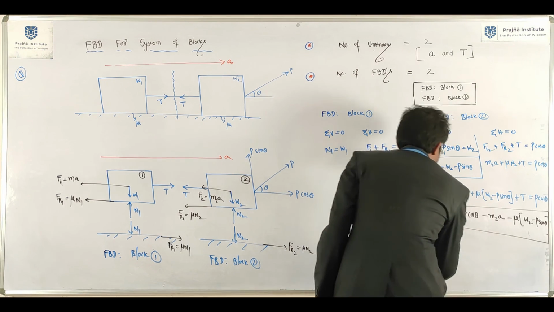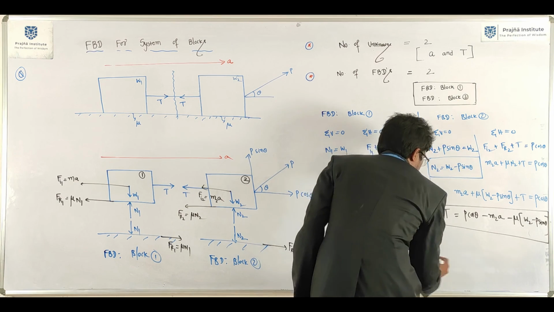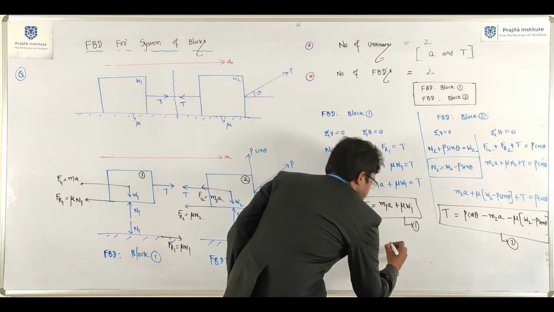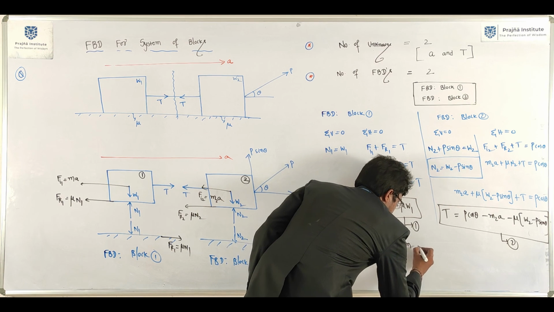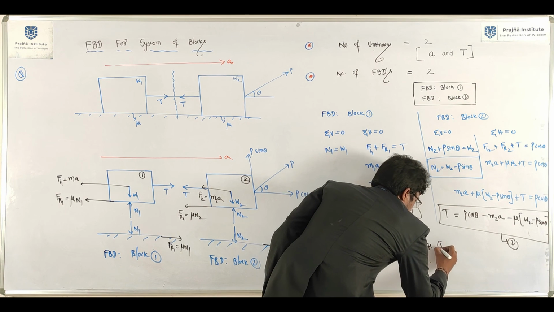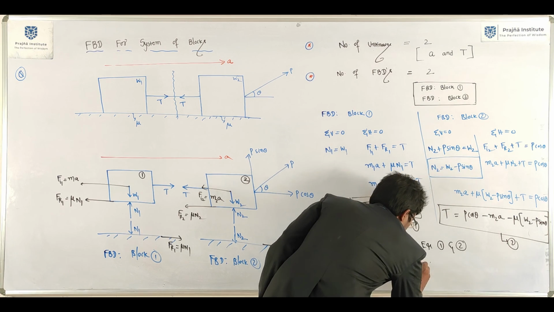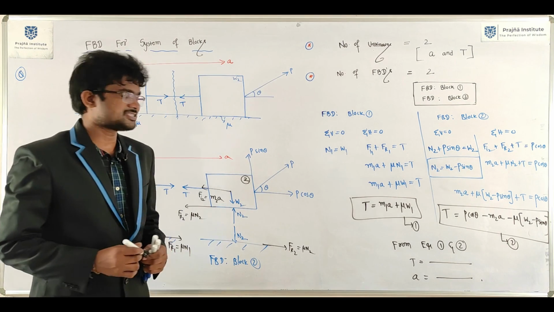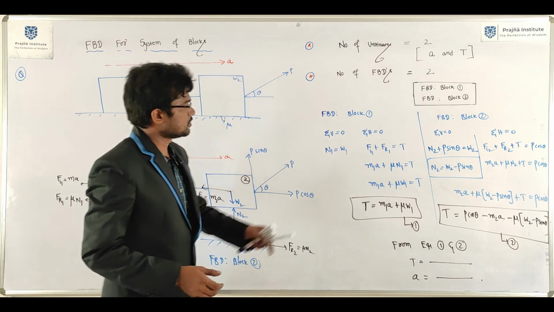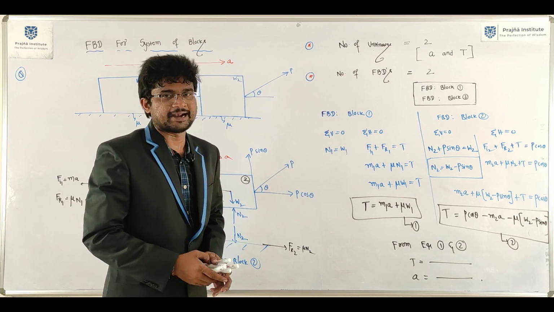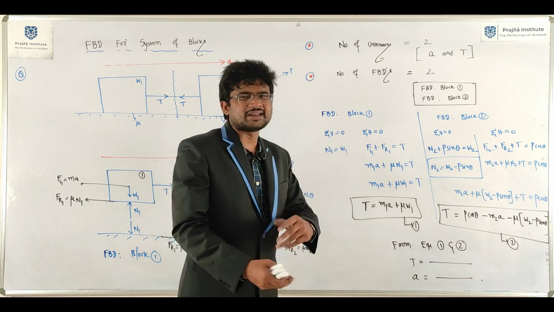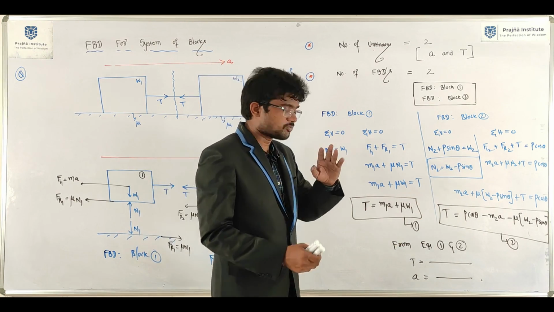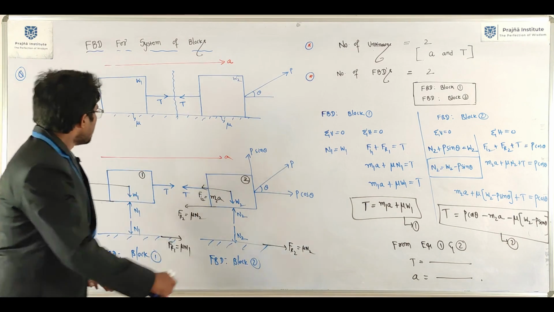Once you equate these two things, equation number 1, equation number 2, from equation 1 and 2 you will get tension equal to dash, acceleration equal to dash. This is the logic. So you need to follow this format. No need to derive it here. You will get some numericals, then the things will be very simple. So follow the structure.